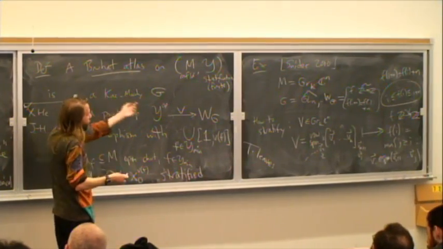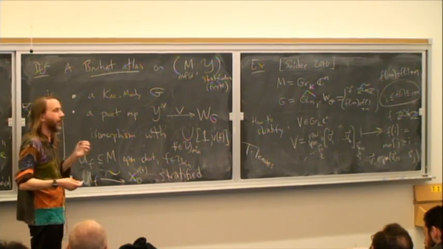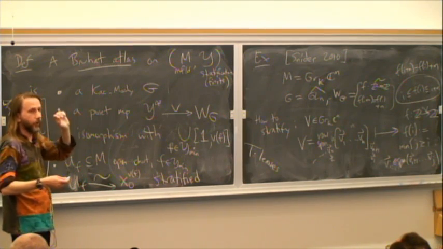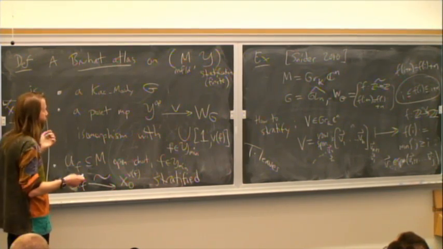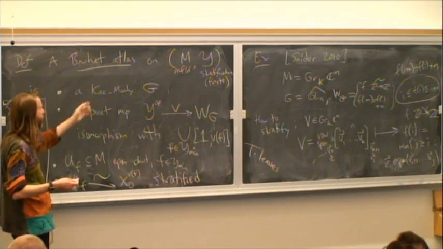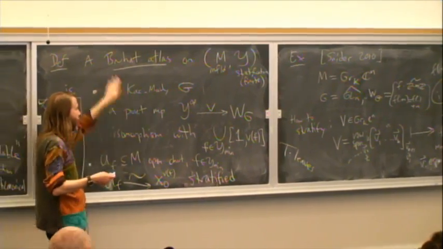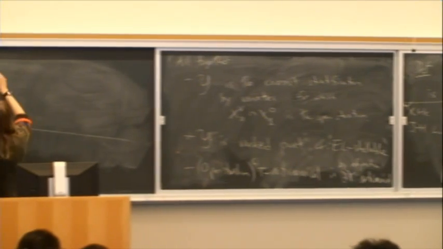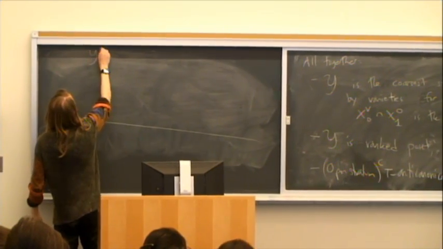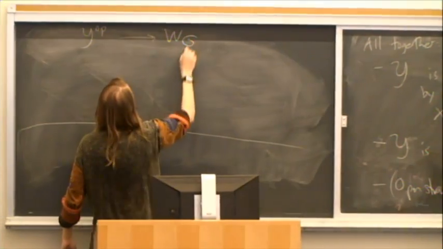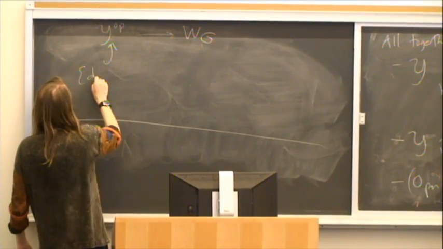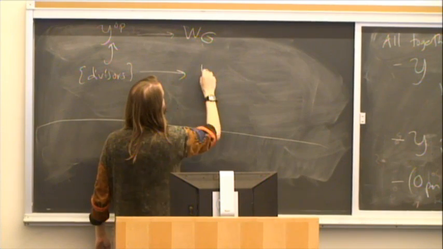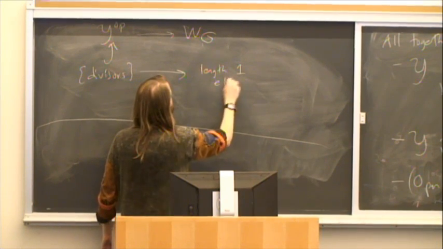So you might say, okay, we have an example, but how could we possibly come up with more examples? How would I know to look for the affine GLN in the case of the Grassmannian? So if you have such a setup, how can you figure out what the G is? So I've got this map, supposedly, from YOP to WG. And inside here, there's the divisors. And they are going to the length 1 elements